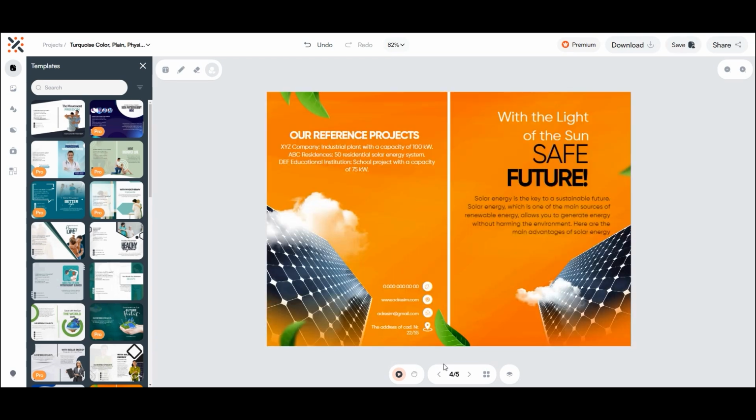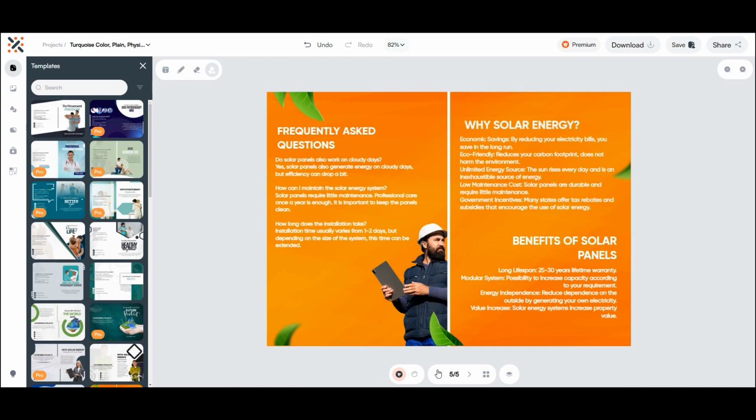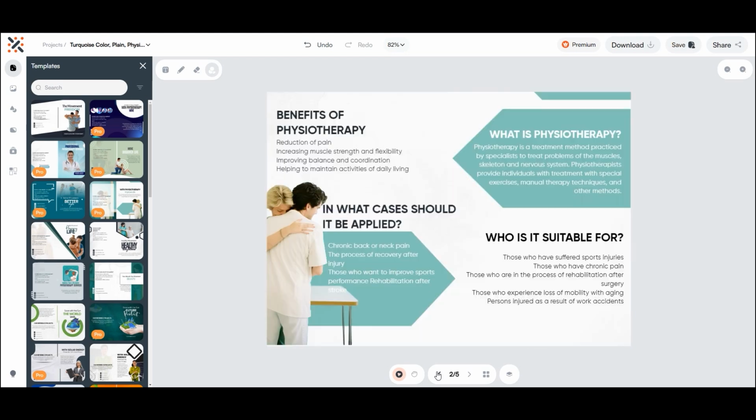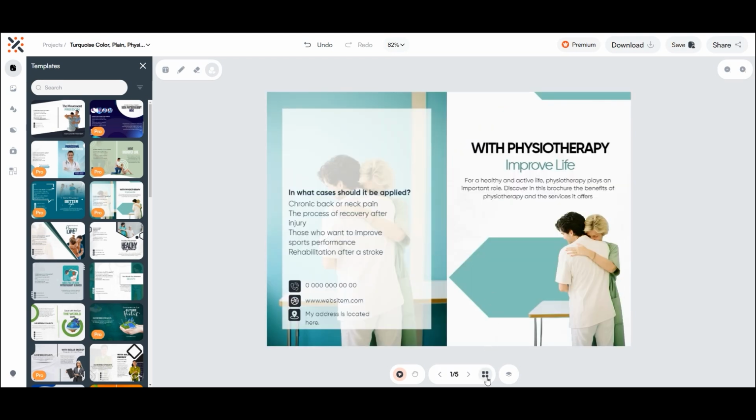As you can see, new designs have been added as the 4th and 5th pages. In this way, we have merged multiple designs together,